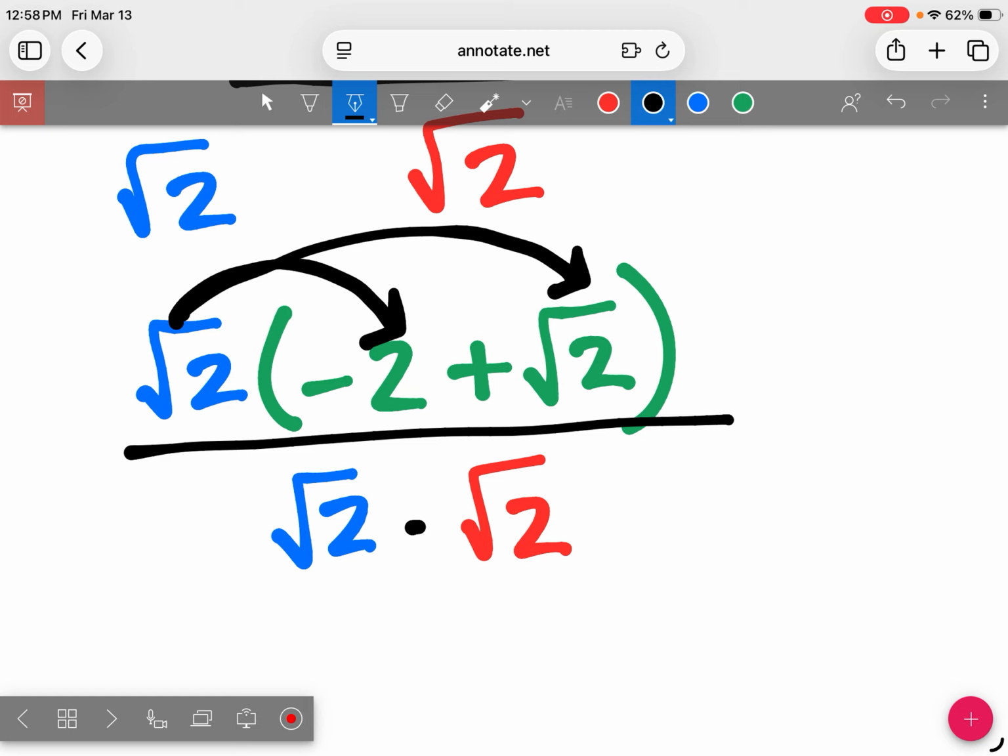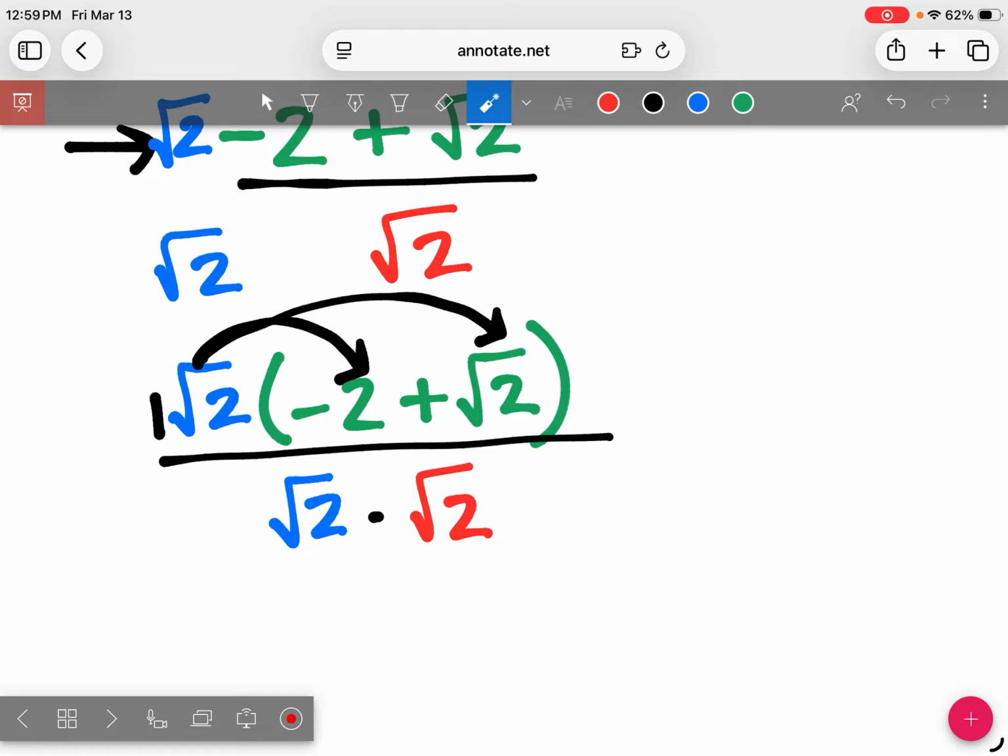So root 2 times negative 2, you're multiplying 1 times negative 2. And 1 times negative 2 is a negative 2 root 2. So negative 2 root 2. And then that would be plus